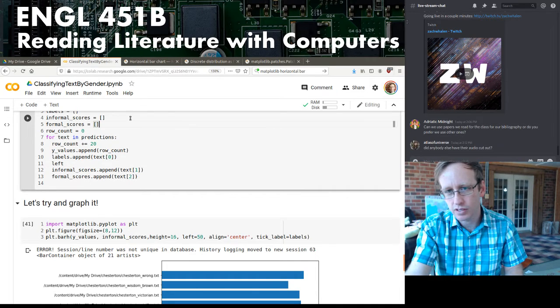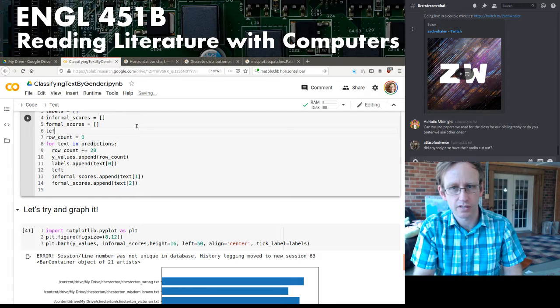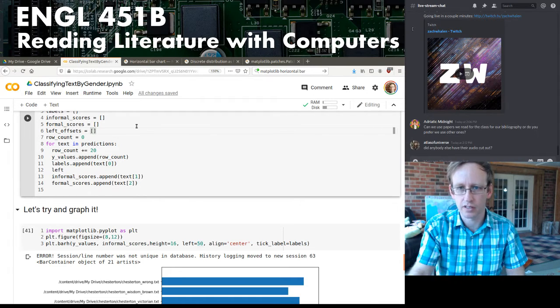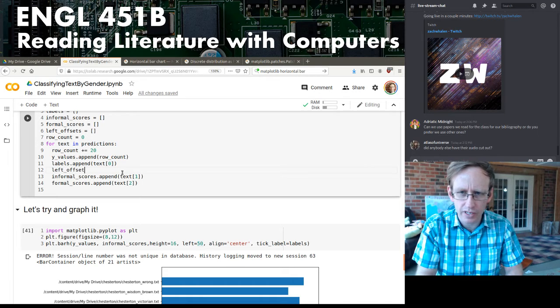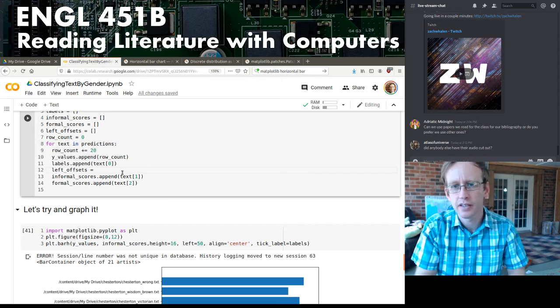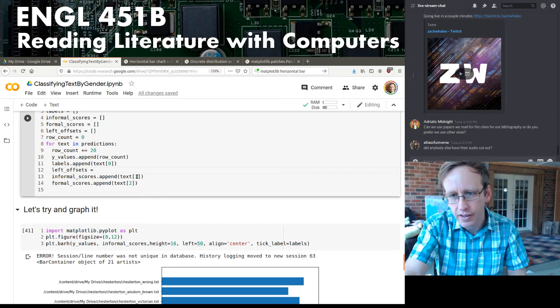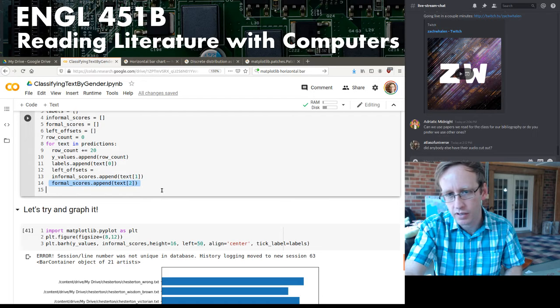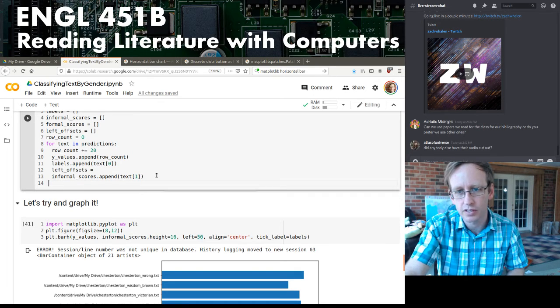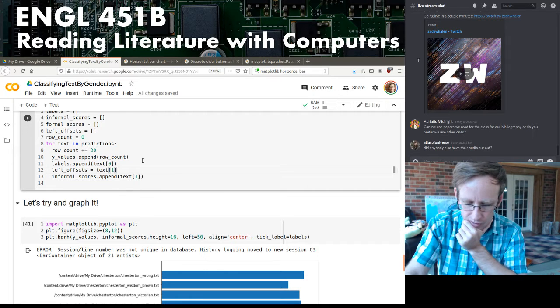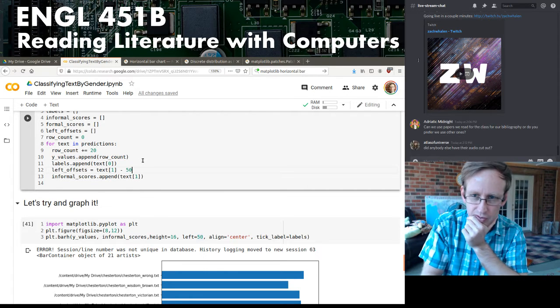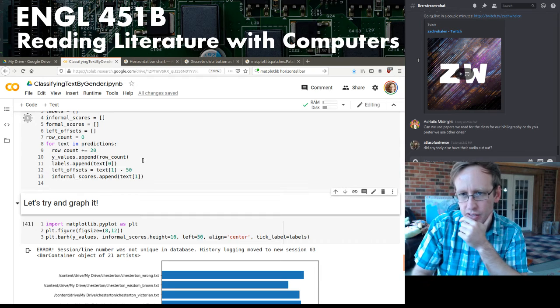I think using NumPy would make this easier, but I'd rather just do it this kind of verbose way. So this is what we're going to add to the left offsets. We're going to add whatever the, again, let's just deal with informality at this point, and we'll do another version of this for formal. So we'll say it's going to be text1 minus 50. All right, so that should be,